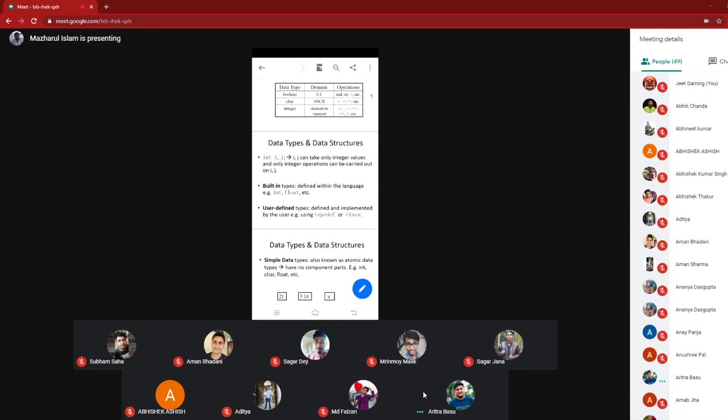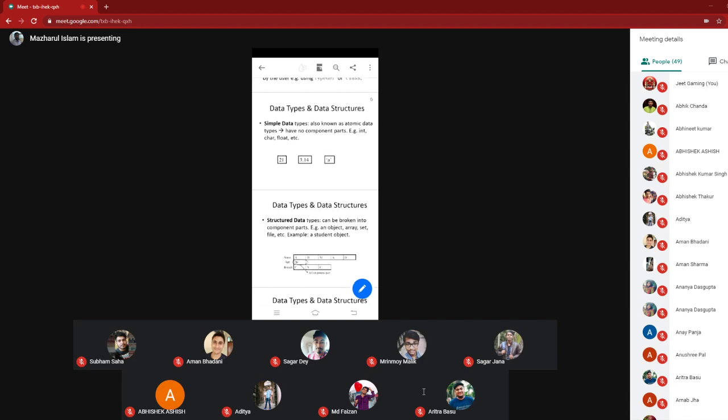What is the purpose of the member function? You want to compute some operation on the member variables. That is the purpose of the member function in a class. So a user defined data type is obtained by a structure in C or a class in C++.